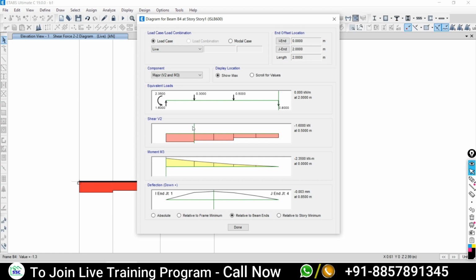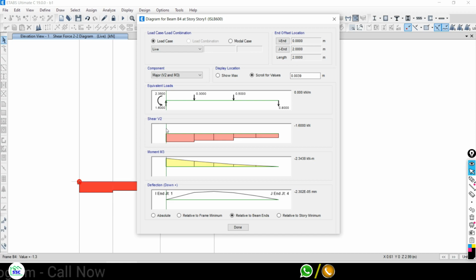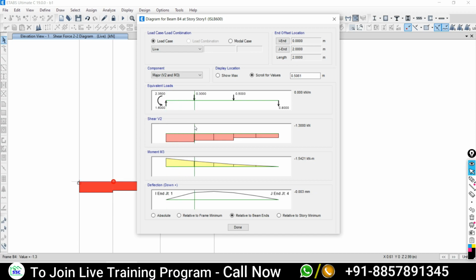On the left side, how much force is there? 1.6, 2.35. Now it is a little difficult to catch the particular point. Like at a distance of 0.5, I need to look at the result. It is 1.55, the actual result is there, but I'm not able to get the exact point. That's the problem for me.